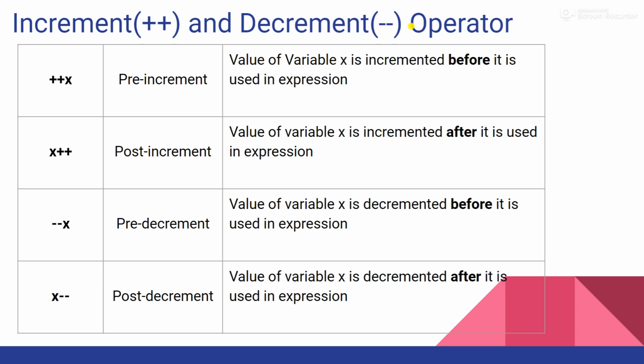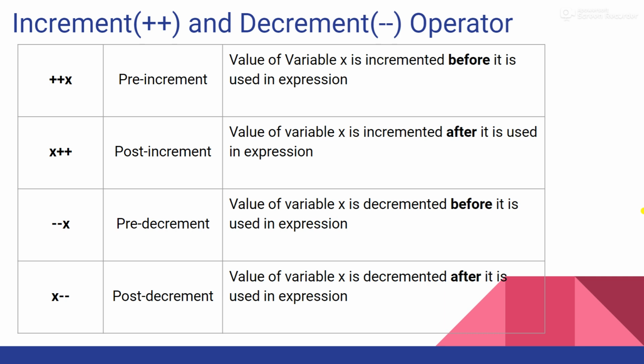X के पहले है plus plus. So what exactly does it mean? Obviously it will be incrementing the value of x by 1. Agree? So then what is different here? The value of the variable x is incremented before it is used in the expression. Means x की यूज होने से पहले ही उसकी वैल्यू बढ़ा दी गई है, फिर उसकी जो नई वैल्यू है वो यूज की गई है. Okay, in the upcoming slides we have examples based on it, so don't get confused.